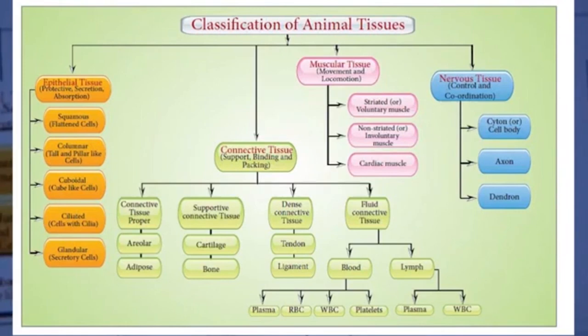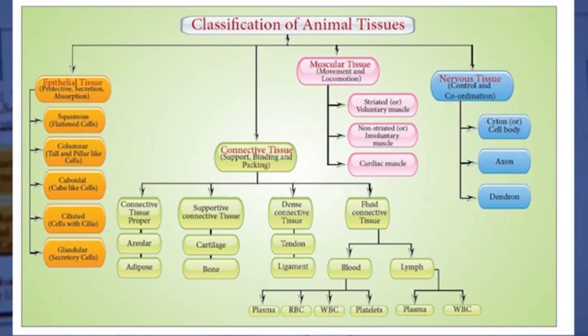That outer covering is epithelial tissue. And in outer covering, I say it may be external or internal. For example, if we take the pinna of the ear, the outer covering, external ear, it is epithelial tissue. Whereas when I talk about the stomach, there is a layer outside the stomach, and that is also epithelial tissue. So based on the location, function, and structure, epithelial tissues are classified into